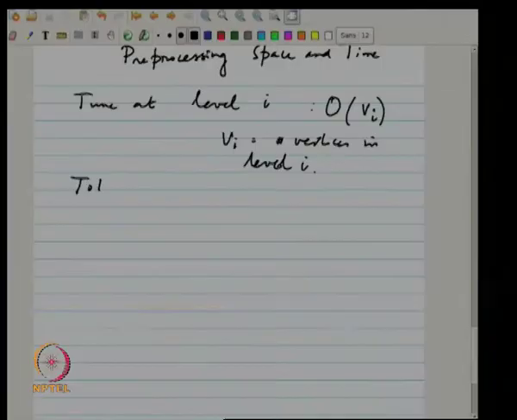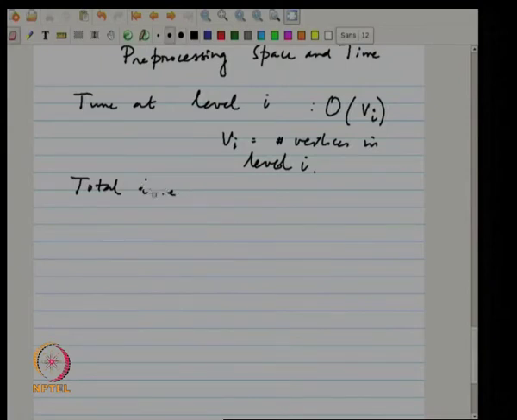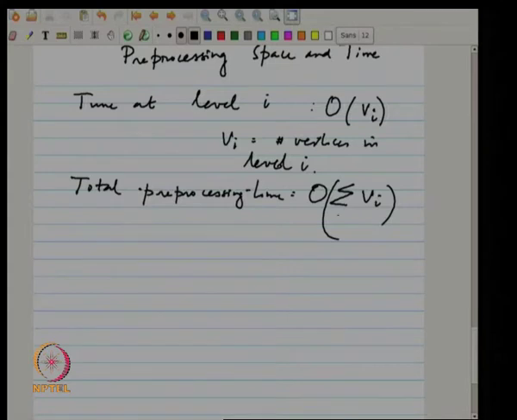So, therefore, total pre-processing time, and we know that Vi is less than or equal to alpha times